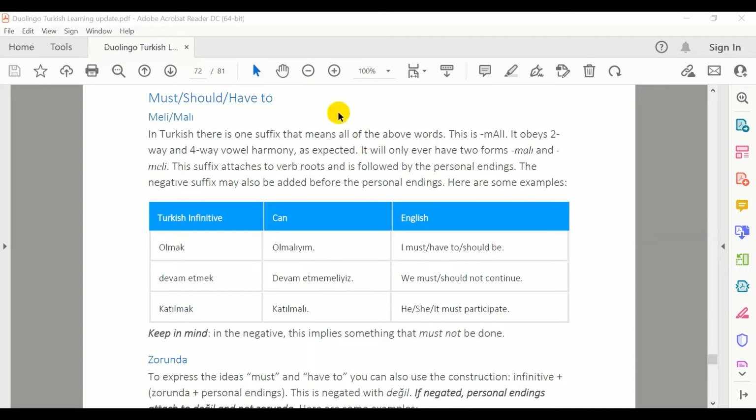Well, in this course, I would like to explain some obligatory situations. In English, for obligatory situations, you can use the words must, should, and have to. In Turkish, there is one suffix that means all of the above words. It means must, should, have to. There are different words that are used to show obligatory situations in English, but in Turkish we have only one suffix, and that suffix is